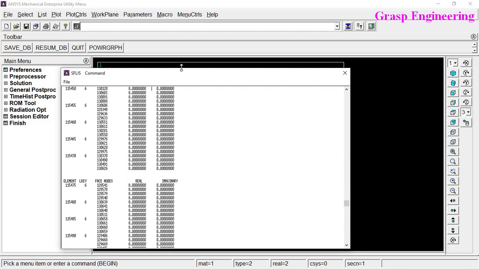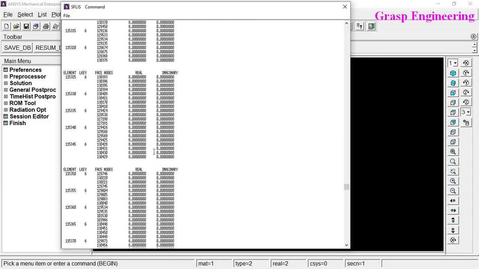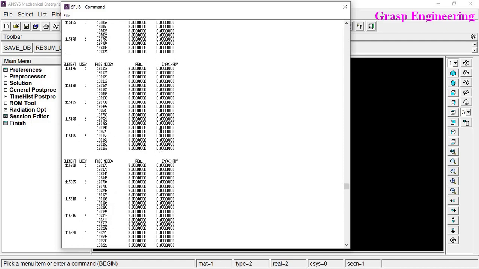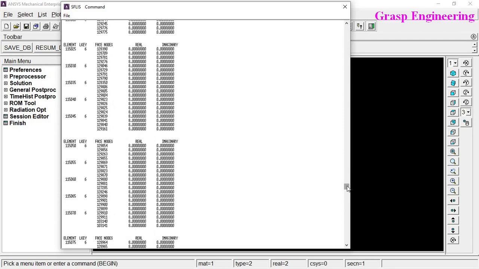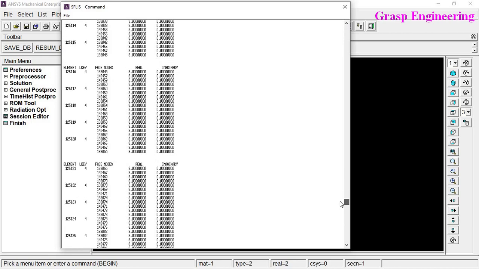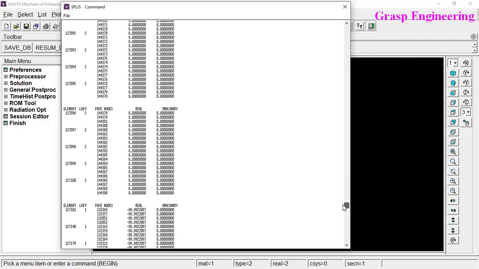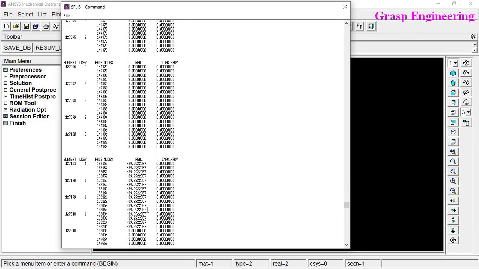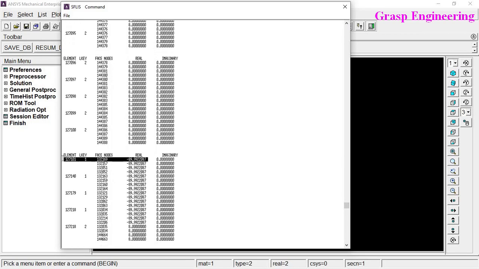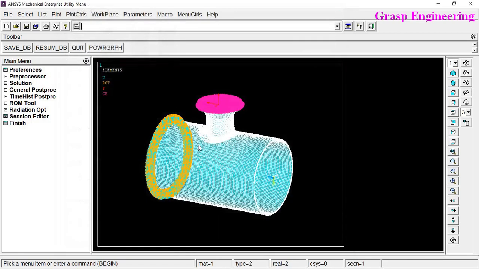Let's make it bigger. The file is quite big because we applied it on all the nodes. I think I am able to see that 89 also came into the picture. See here. Okay, right? So it means that the loads are applied correctly.